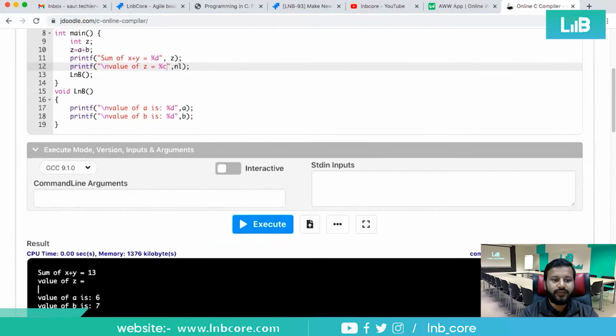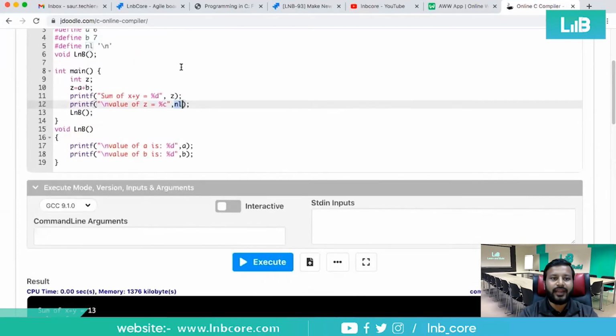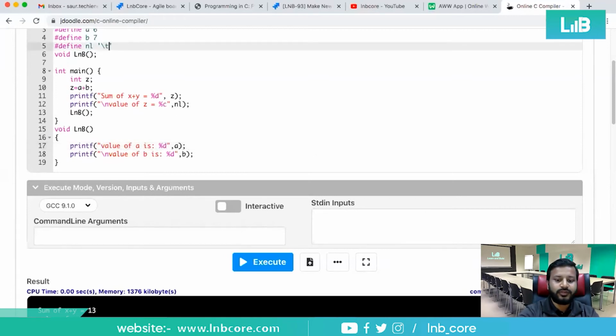Yeah, so here we have got a particular new line, right? Why we have got this new line? Because here we have defined like that, because we had printed the meaning of NL, and NL is \n, which means a new line, right? And here we have already defined one particular new line. If we will change it to normal thing, instead of NL, let's use it space, right?